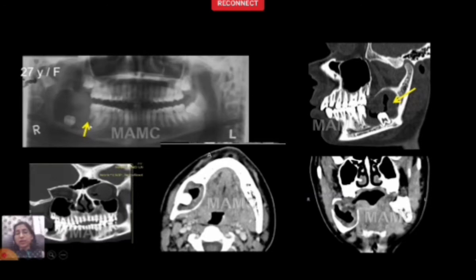We have the extraosseous ameloblastoma, which is not seen in the bone but in the adjacent soft tissues, and metastasizing ameloblastoma, which metastasizes to lungs. However, on histology, it is benign, and this is the situation that is seen especially in recurrent ameloblastomas and not in the primary ones after being handled.